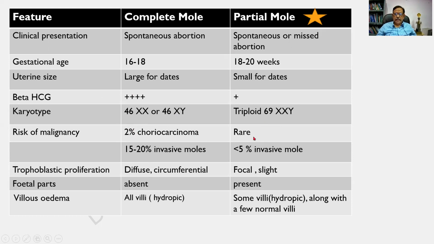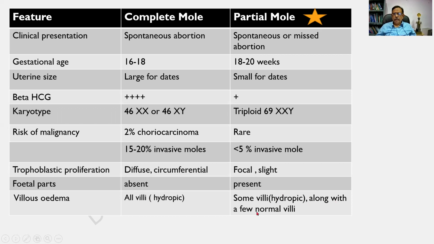It is rare in a partial mole. And 15 to 20% can form invasive moles, whereas it is less in a case of partial mole. The trophoblastic proliferation is diffuse and circumferential, whereas it is slight. Fetal parts, something that we should remember, are totally absent in a complete mole, whereas they are present in a partial mole. And the edema, it involves all the villi, whereas here some show hydropic change in edema, whereas other